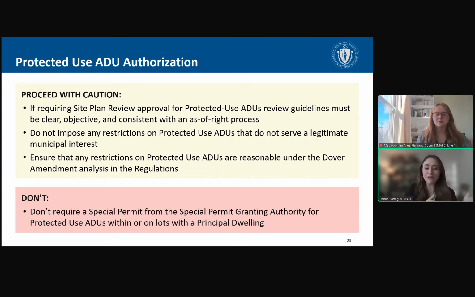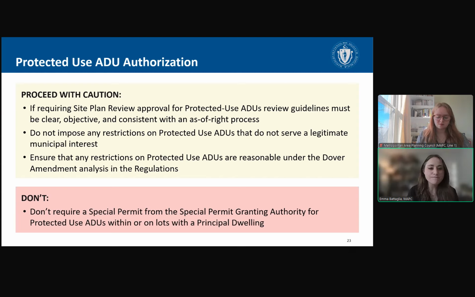That might make a lot of sense in one community, but in other communities that have really large lots, allowing a separate driveway might make perfect sense, and they aren't necessarily walkable locations anyway. So that's why, for any one of these regulations, your building commissioner or zoning administrator will need to apply